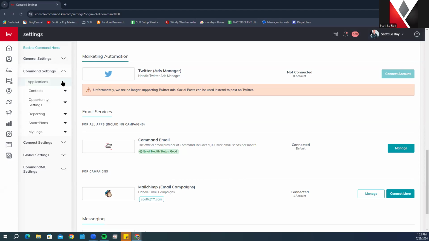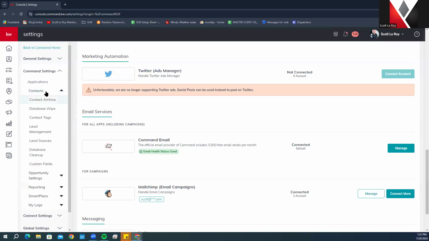So this is going to be a few different sections here. The only couple ones I'm going to really touch on real quick is under contacts, we have our contact archive. If you have contacts that you go through and click archive in your database and you don't actually delete them, those contacts are going to sit right here in the contact archive. So if you have a Joe Chuck in your database and you decide to just archive that and you want to re-enter it,